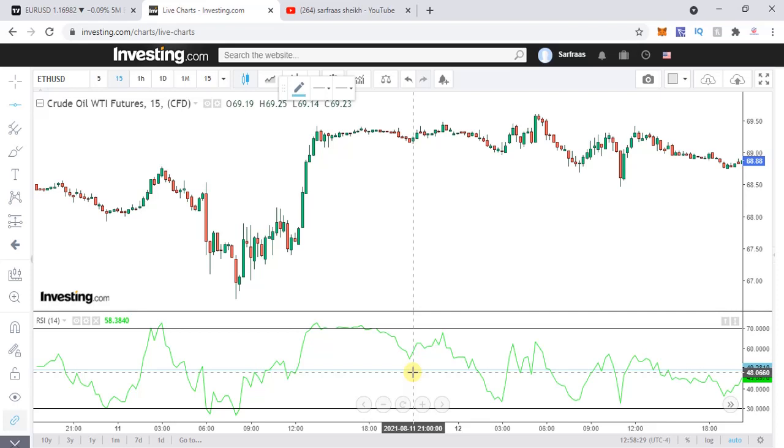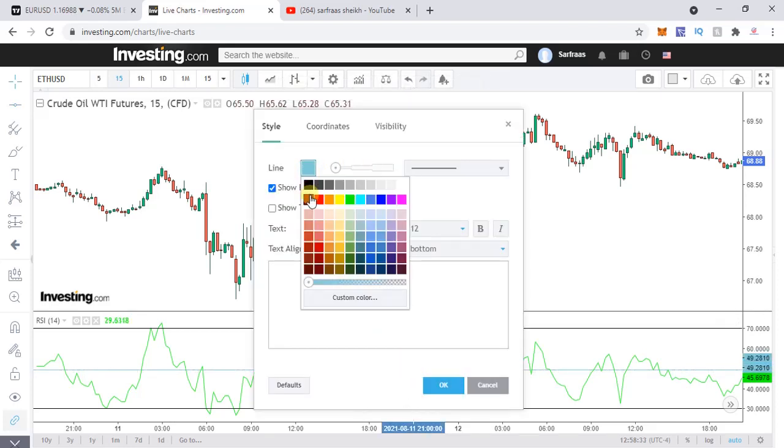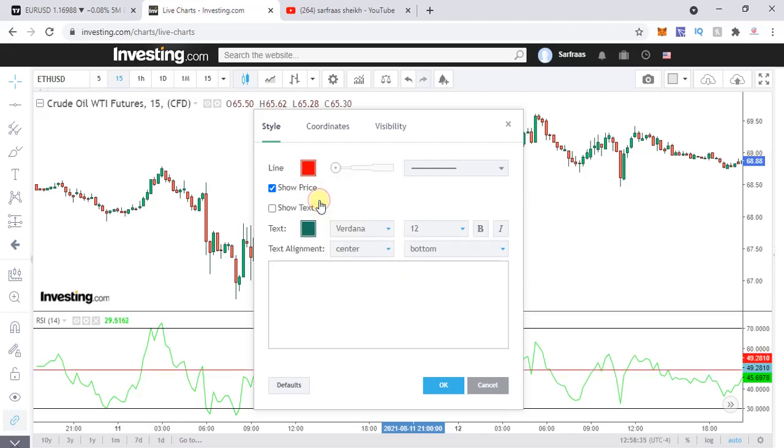Okay, we have the horizontal line over here. I'm going to edit it to make it prominent. This time I'm going to take a red. As I had mentioned to you, the color combination green red and the theory behind keeping the same colors. I'll make it a little bold. Do we require it? No, it's already red and green is quite obvious.